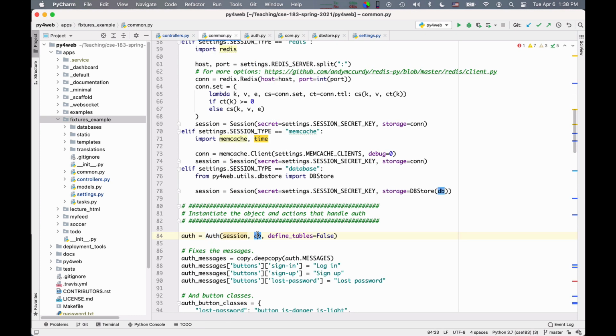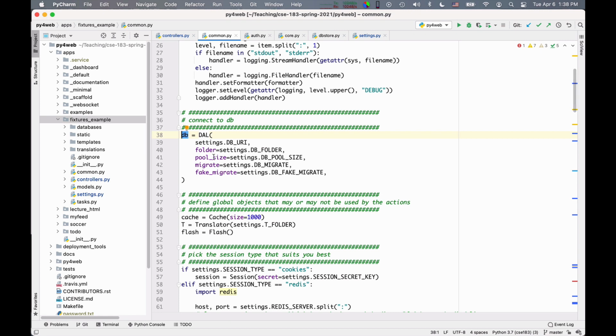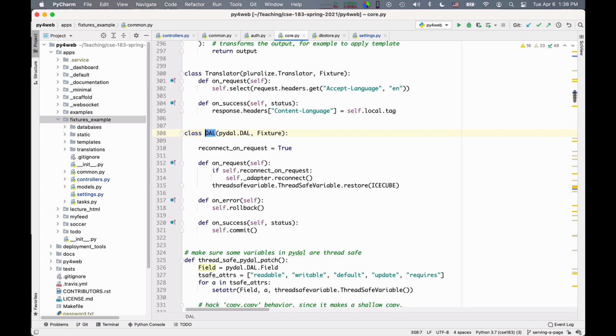If you look at the database, it is defined in this DAL object and it has no prerequisites.